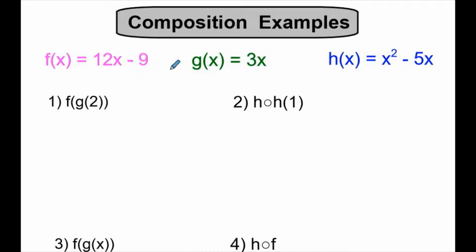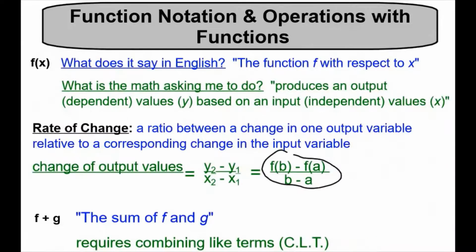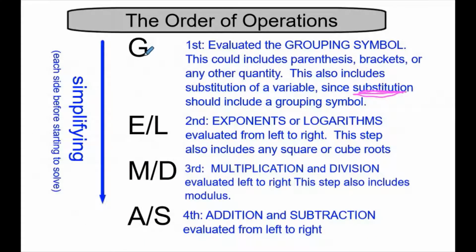So here we have the same functions as in the previous examples, but we're going to look at the operation of composition. And again, composition simply means to substitute. So when I come down here and look at this first problem and it asks me to do f of g of 2, what I'm really looking at, again, if you go back and look at the understanding of the order of operations,